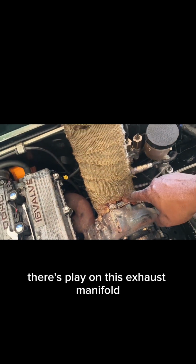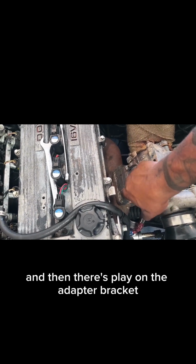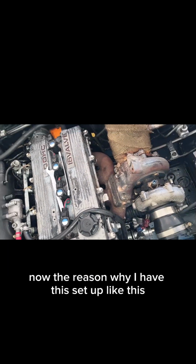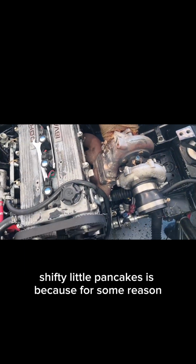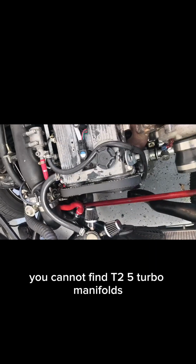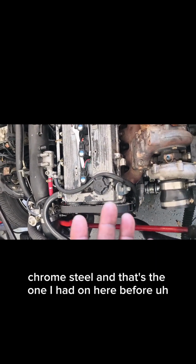There's play on this exhaust manifold, and then there's play on the adapter bracket from the T3 manifold to the T2 turbo. The reason I have this setup, with all these little shifty pancakes, is because for some reason you cannot find T25 turbo manifolds. They're really hard to find, and if you can find them, they're the old chrome steel, and that's the one I had on here